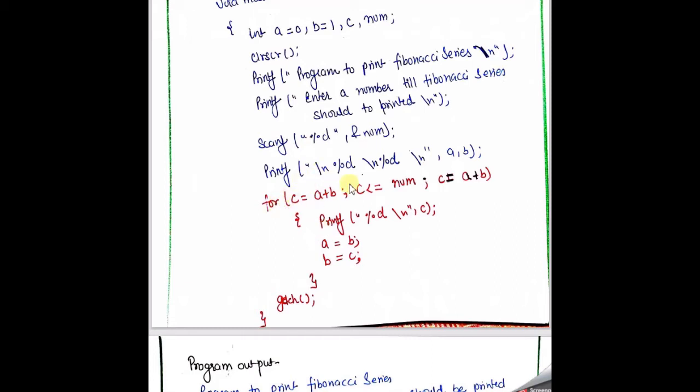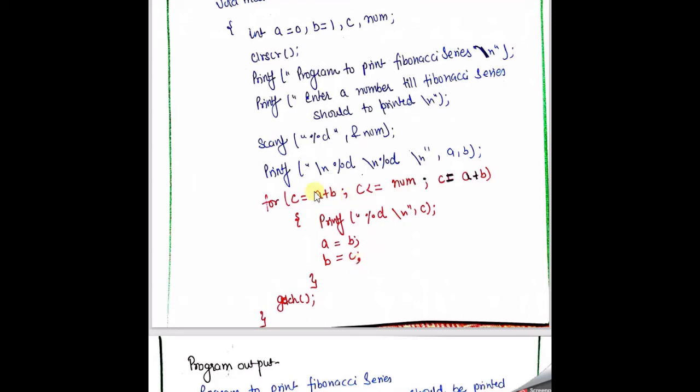So we need to perform the printf of A and B before the starting of the loop. In the loop, now we are going to initialize our C, that means our third value, with the help of A plus B, and I am going to check whether A plus B, that means the addition of the last two numbers, is greater than the limit of the user. If it is less than or equal to the limit of the user, then we need to perform